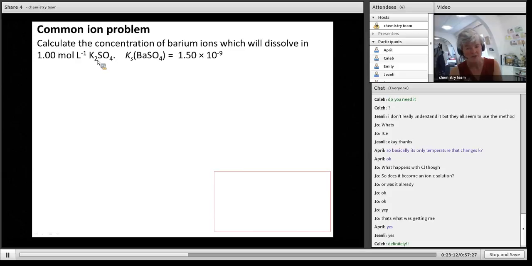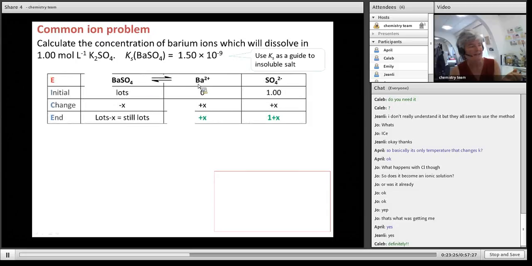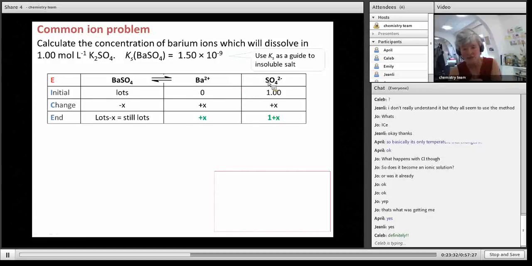Okay, so your expression, I said use that as a guide, because that'll really help you work out what to do with your equation. So remember what I said, EQ, first the equation. So here's your ICE method. So initial, change, and end. So in the beginning, I had, now we're only dealing with the